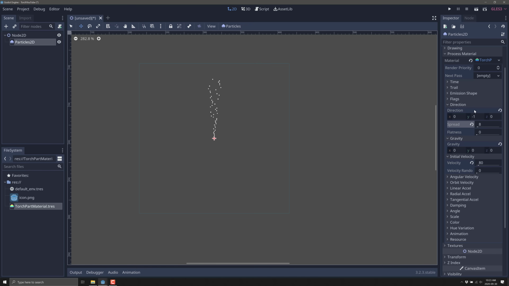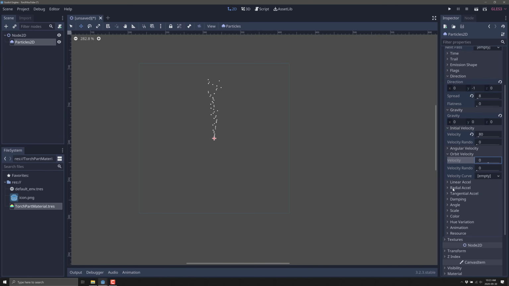Looking good so far. So that is kind of how you set up a particle system. There's all kinds of things you can control. You can control the orbital velocity, so you can have it spin on like that. You can see if you're trying to create a circular particle system, orbital velocity may be your guy. Linear acceleration, you can have it so that it speeds up as it goes out or so on. So this will be the amount that it speeds up. Any one of these things have curves attached to it, so you can control it over time.